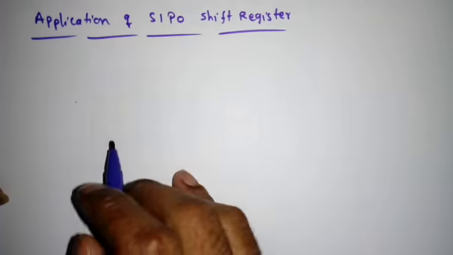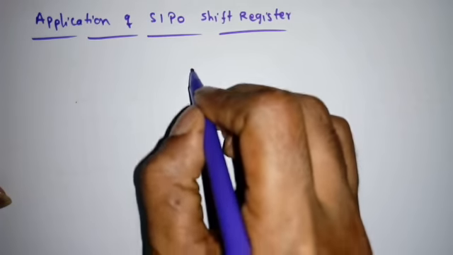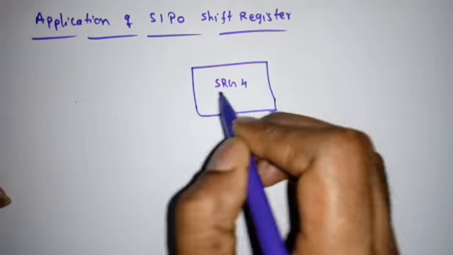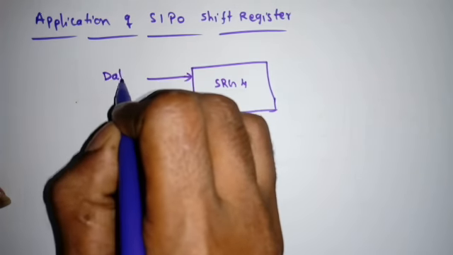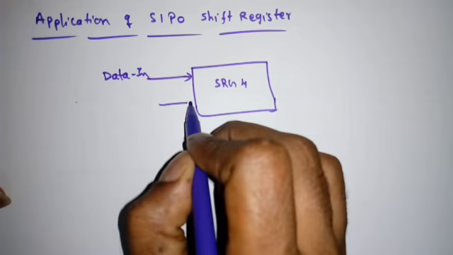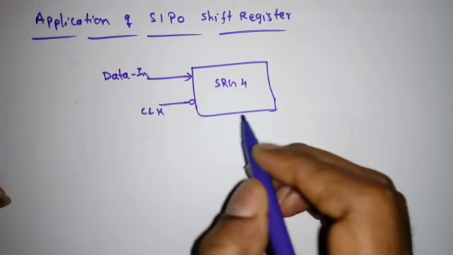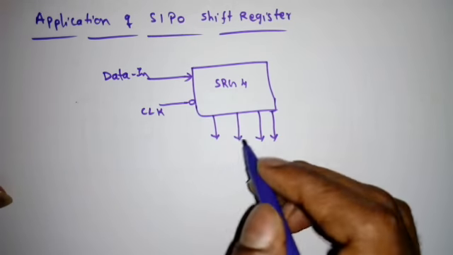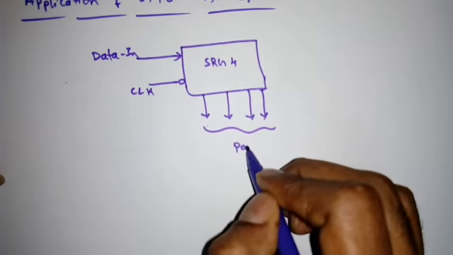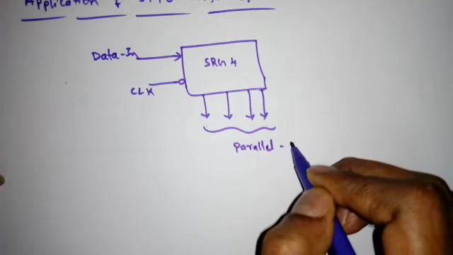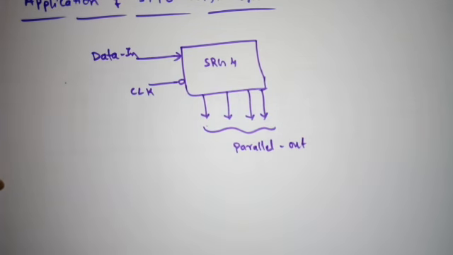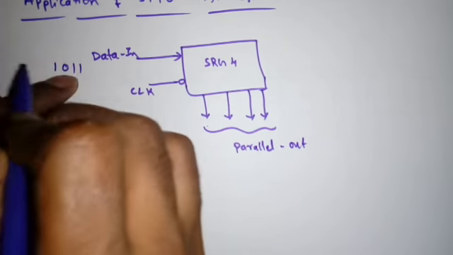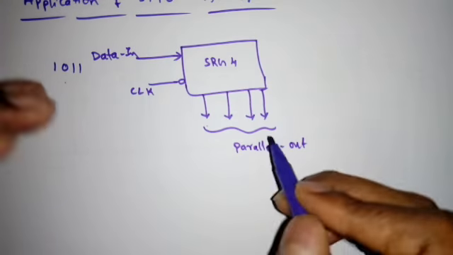After that we can take it at any time. Now we'll see what is the application of the serial in parallel out shift register. First we'll draw the symbol. So shift register 4, here I'll apply the data in with the negative edge triggered clock, and the data is available in parallel, right? Something like this, 4 bit, right? So 4 outputs are there, so this is parallel out. Now what is happening here is, we inserted 1011 but 1 bit at a time, so serially the data is coming